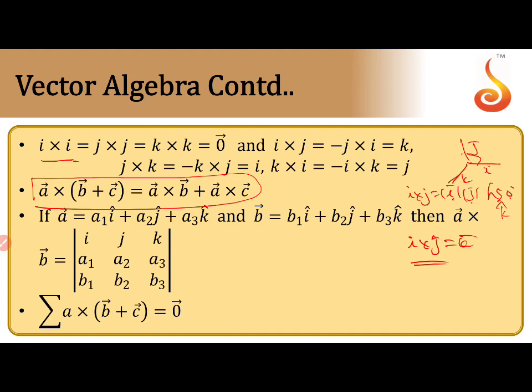Then how to find the cross product between two vectors? The cross product between two vectors is the determinant of ijk. First row is ijk, second row is A bar components, and third row is B bar components, and simplify to get the A cross B value. Everyone knows this; in school we did so many problems on cross product. When finding cross product, use a determinant: first row ijk, second row A bar components, third row B bar components, and expand it to get the value of A cross B.